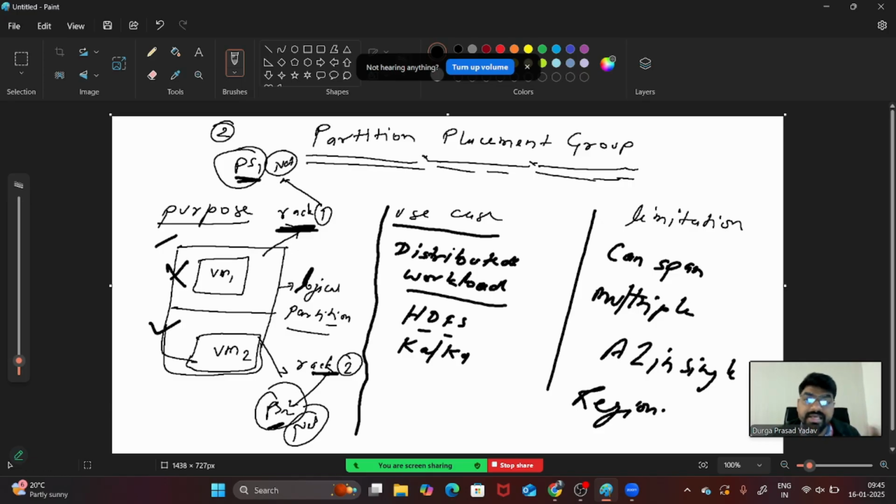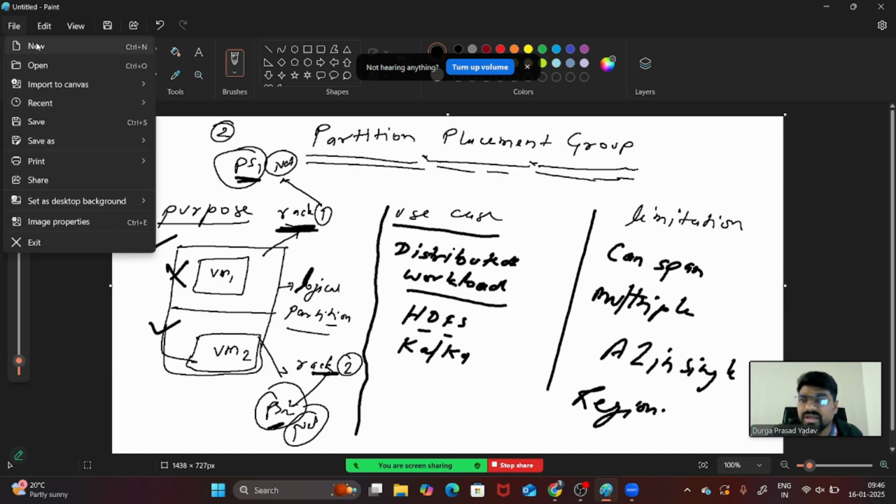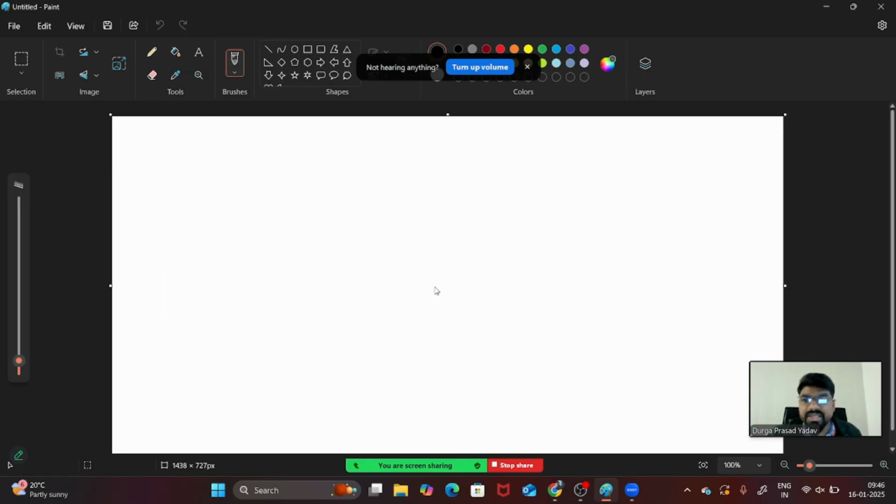It can span multiple availability zones in a single region only. This is the limitation we have for partition. If you have a distributed workload, you will use partition, so one will be separate from the other. If one fails, the other one will come into the picture. This is nothing but the partition placement group.